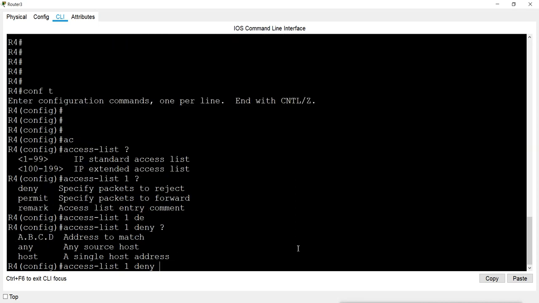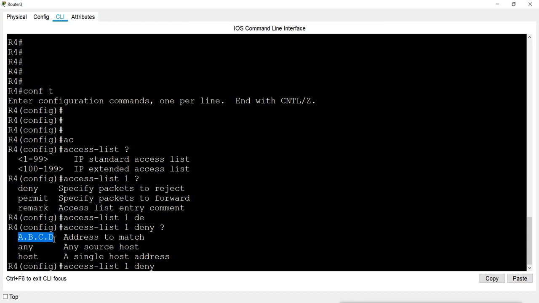Now who do I want to deny? In this case we can mention host for a single particular host. We can mention the host keyword, or we can mention the IP address of the host with a wildcard mask. Or if we want to mention the network, then again we have to mention the network IP with a wildcard. Remember to give the wildcard.